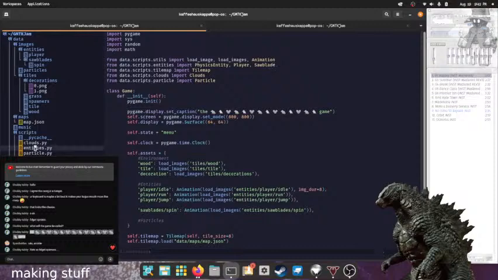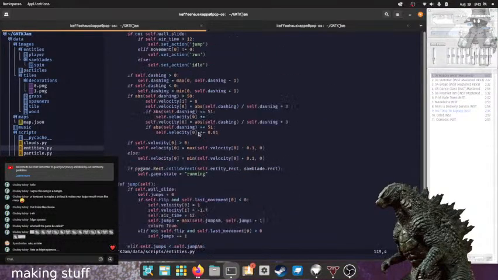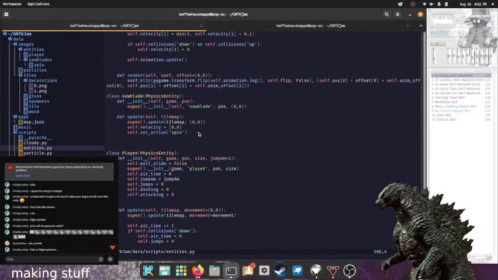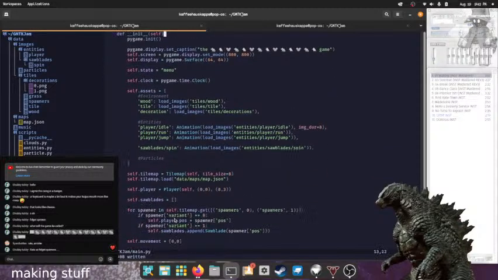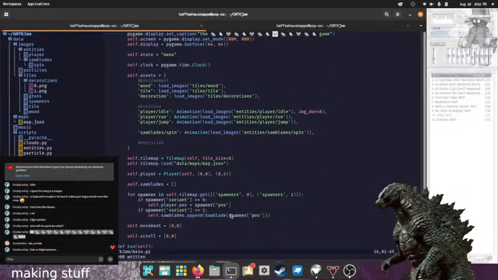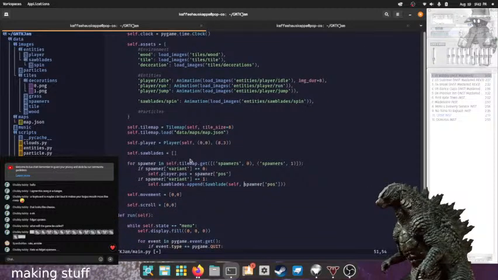Go to entities, double check that I have it named correctly. I do not. Okay. Just have that in caps. I need to toss in game and position. Okay, that's not that bad. In that case, spawner position was meant to be there. I was right about that much. Thank goodness. But I need to toss in south. There.